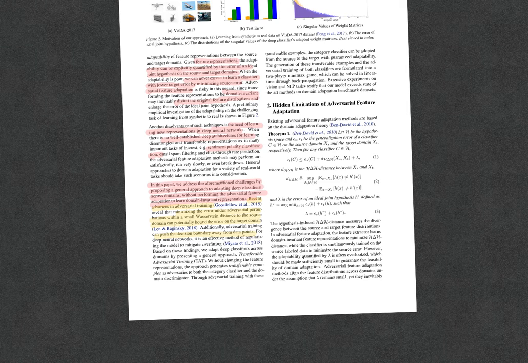indicating a smaller adaptability. They point out that the MCD and DANN are exhibiting a larger joint error compared to the non-adaptation approach, which is ResNet-50 pre-trained on ImageNet. This is because these two adversarial based approaches are focusing on distorting the features, and they conjecture that this is actually the cause of this higher error. They also use the singular values of weight matrices between ResNet-50